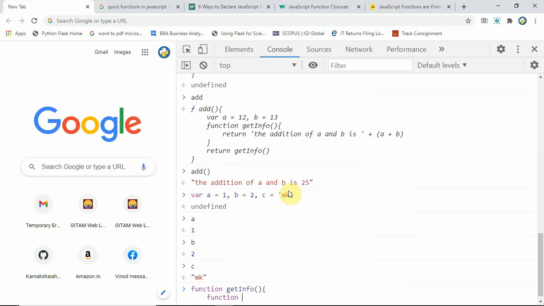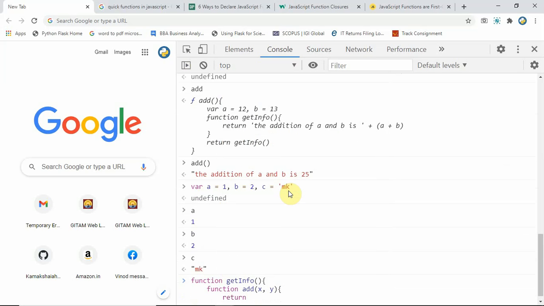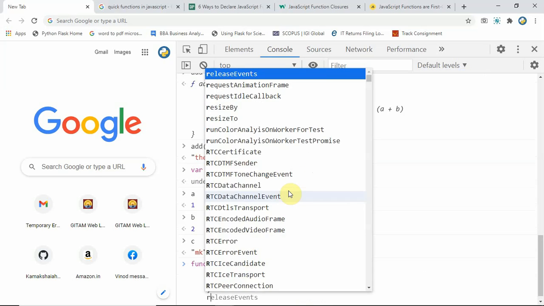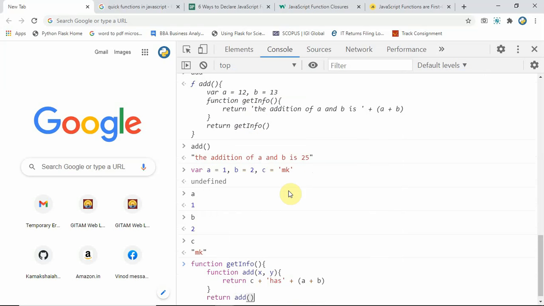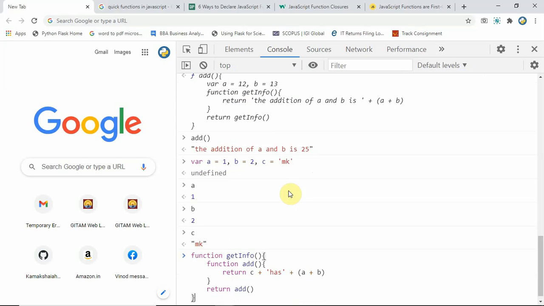So now inside we have the function add, which takes x comma y, and then return C, plus A comma B, A plus B. Okay, that can be a good example. Now close this, return add. I think I should not give it here because they are global, right? So that's wrong. So get info,